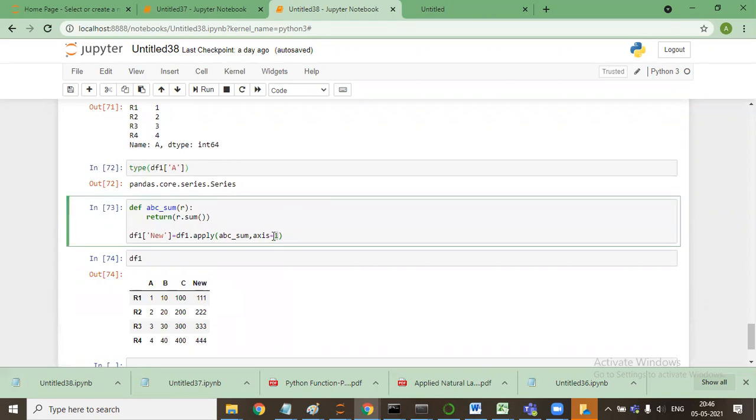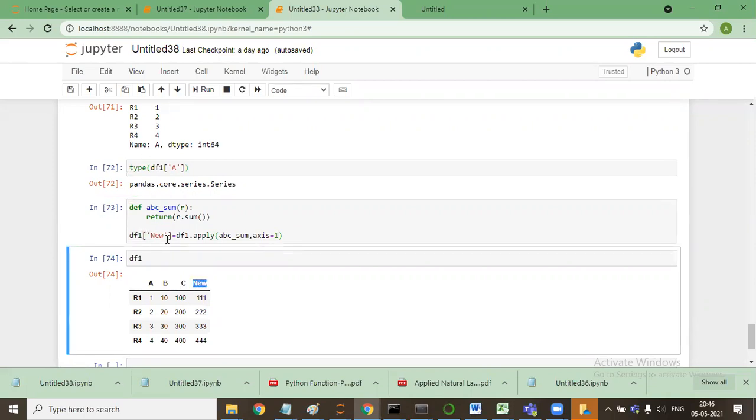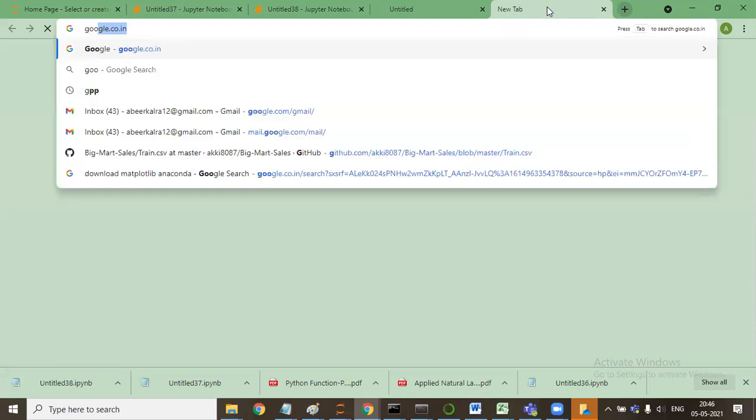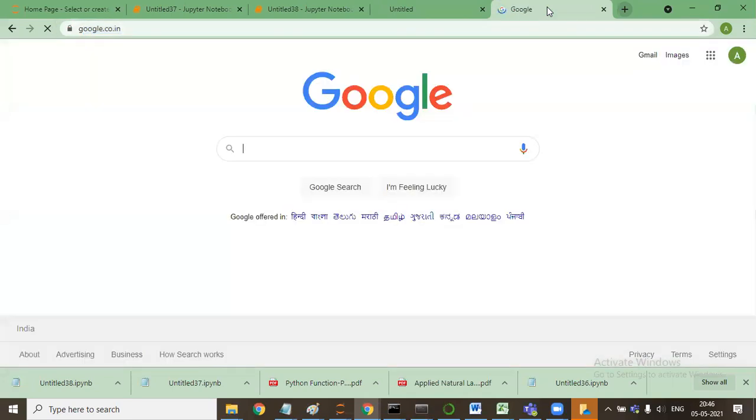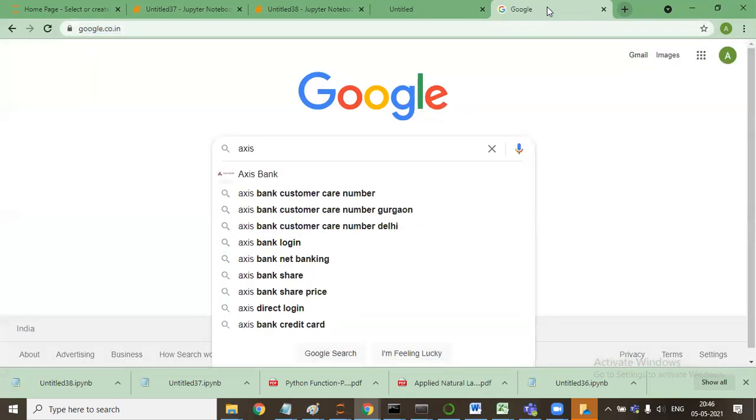I am not remembering. Okay, let me confirm. If I say ABC and I specified new, so new is a new column that is created and it is making the sum of the rows that I have passed. Okay, let me check. I guess axis is equal to 1.